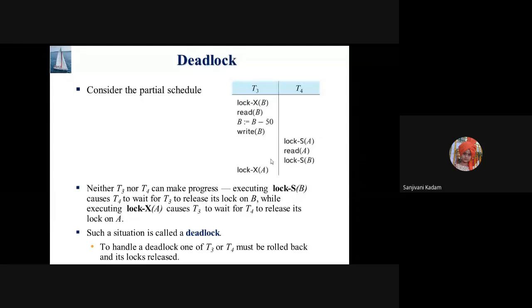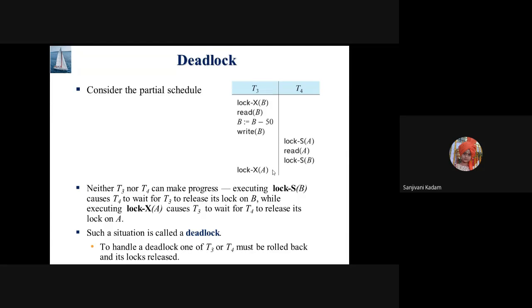So this will keep this request as pending. So this request is pending here in T4, and this request is pending. The processor decided to execute the next statement of T3, and T3 is willing to put an exclusive lock on A. So now this request will be given to the concurrency control manager, and the concurrency control manager checks that there is already a shared lock on A. So this will also keep this request as a pending request.